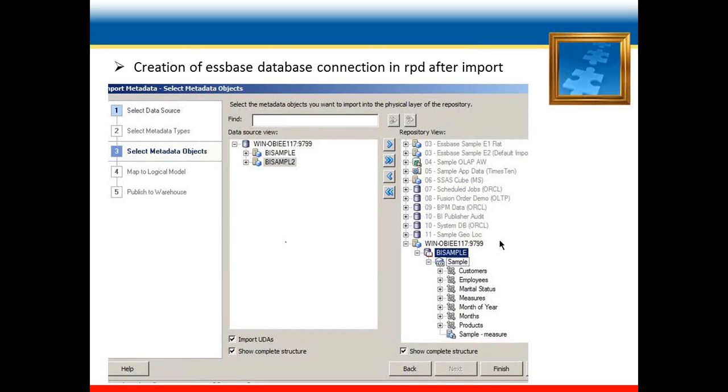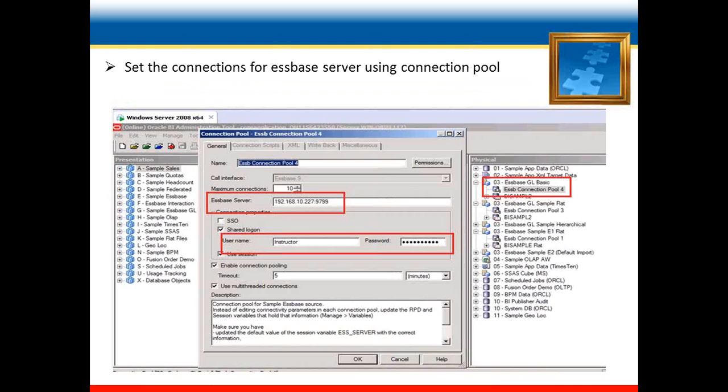Creation of Essbase database connection in RPD after import. So after importing the Essbase cubes in an RPD file, we just have to create the Essbase database connection pool. Then, how to set the Essbase server using the connection pool.